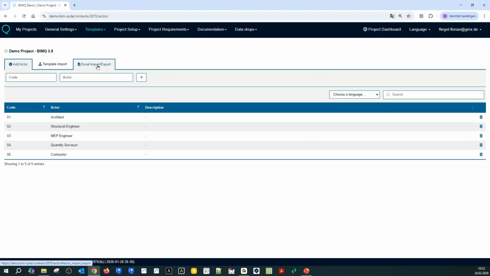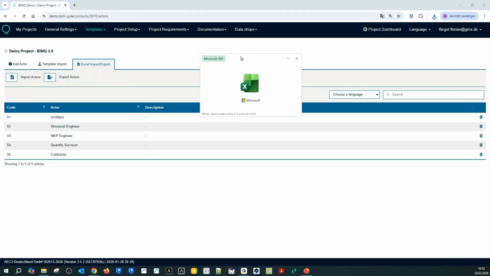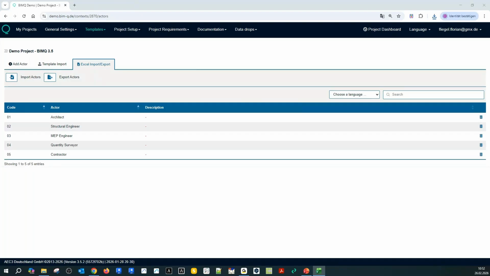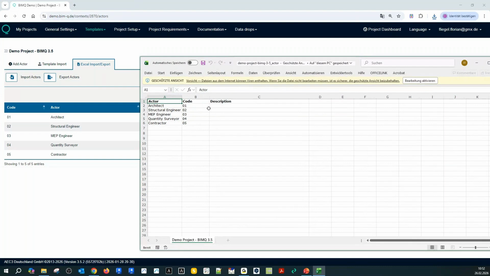Often customers use our Excel import-export service, and I will show you how the export works. And now when it's opened, you see the structure of this Excel table. You see it's quite similar to the structure here in BIMQ. So you see